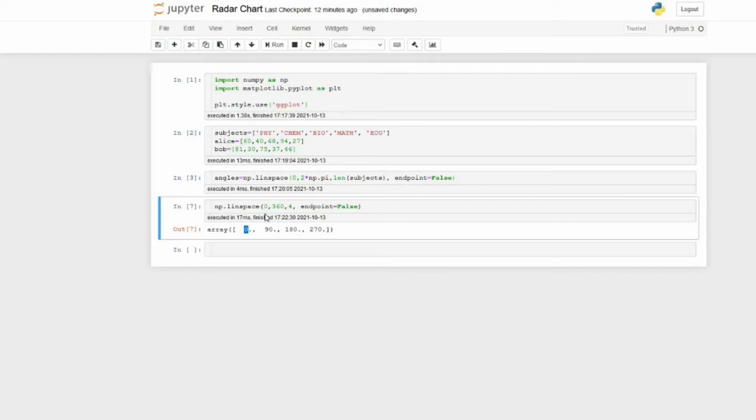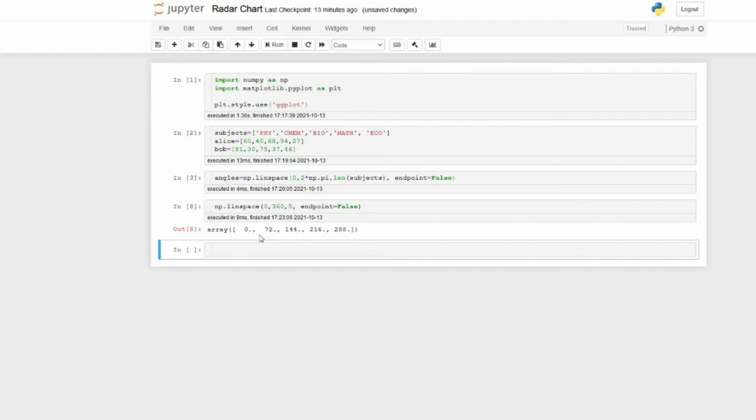So we divide it into as many equal parts as we have data points. In case we have 5 items, then 72 degrees will be the angle.